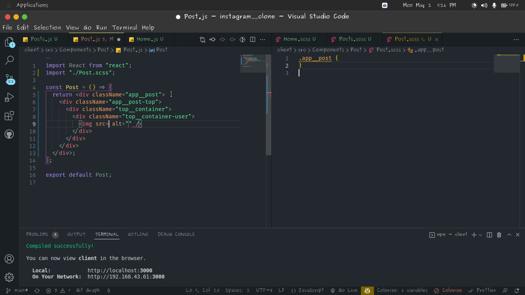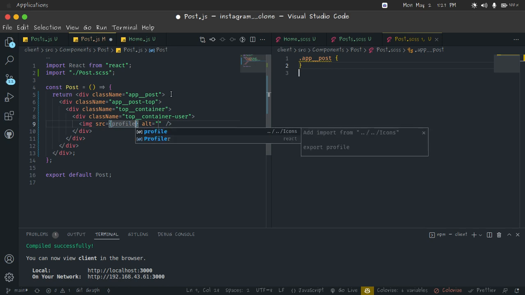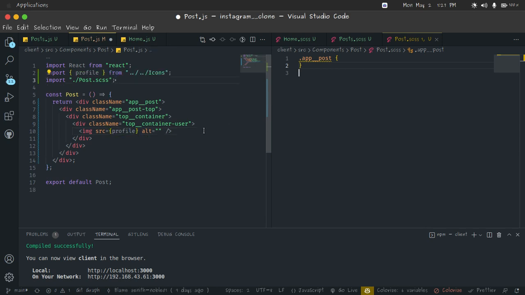Also we are going to use the profile by default, and outside of this div we're going to have a paragraph of, let me put my name there, and